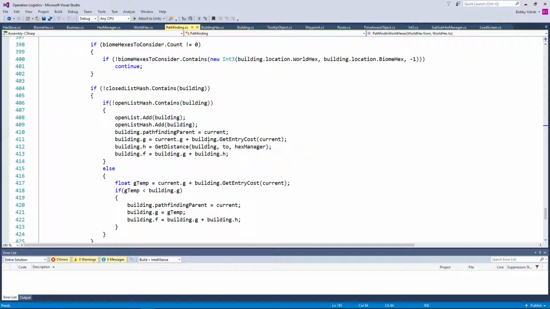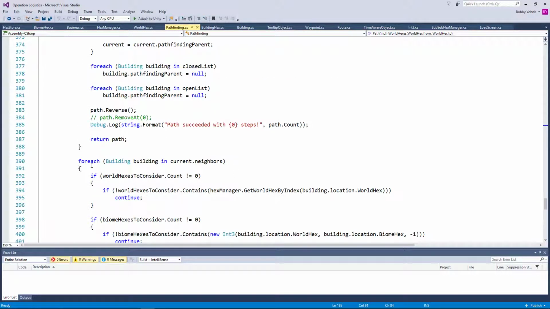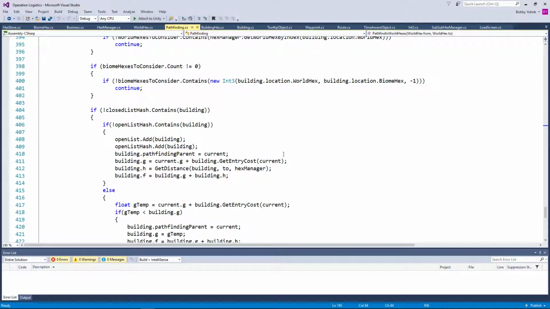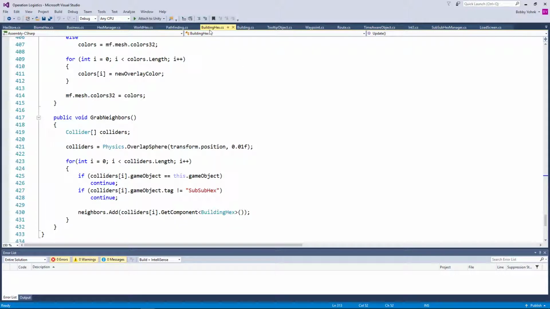So building would be adjacent. Wait a second. Does building have to be adjacent? Yes, building does have to be adjacent. Okay. So then the G is current.g plus building.getEntryCost, which leads us back to, if we,